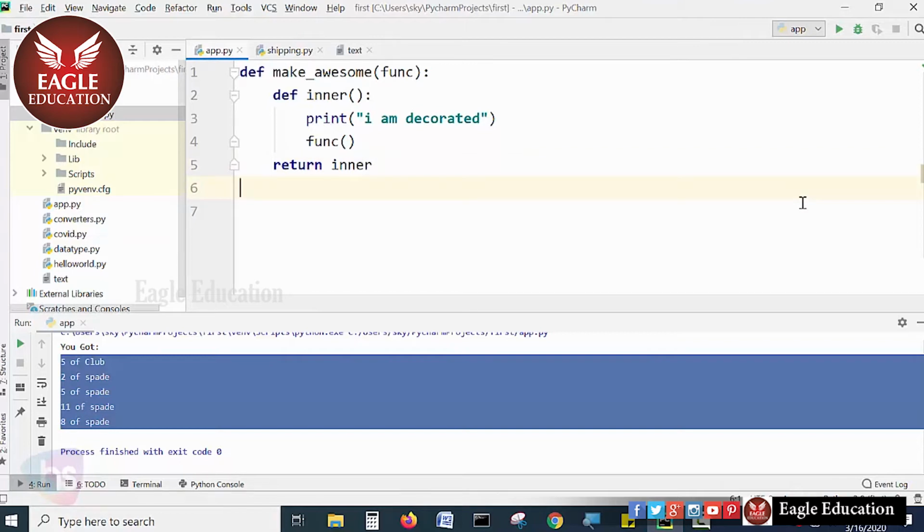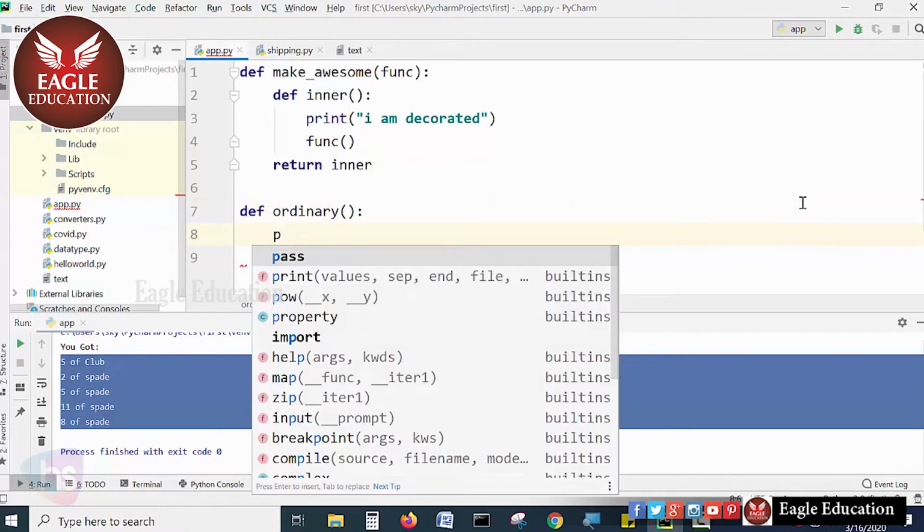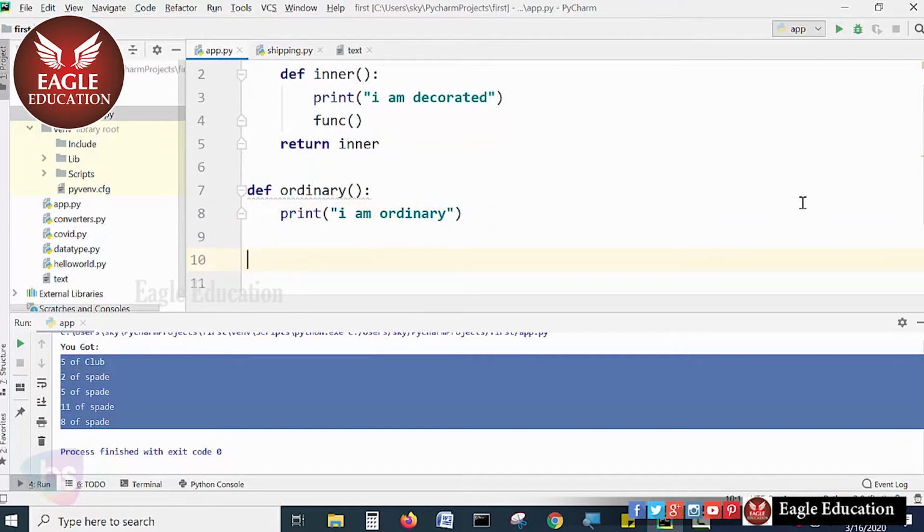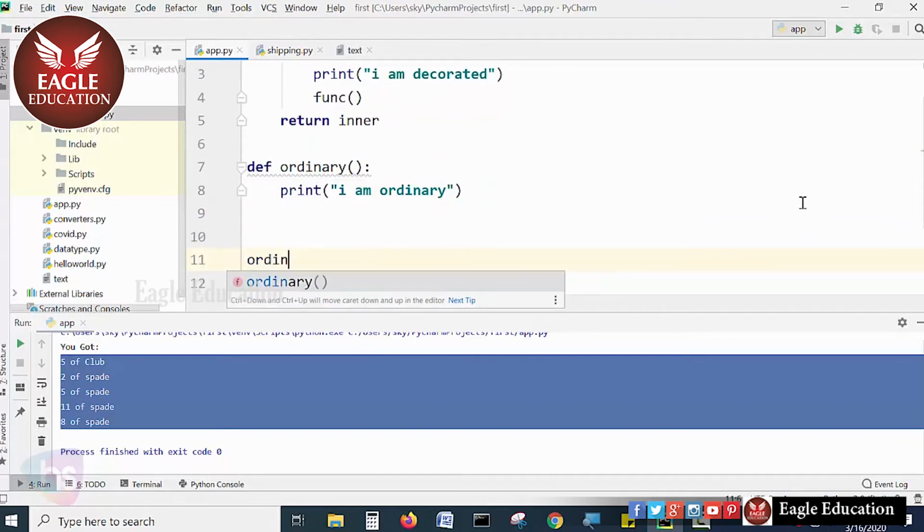As you know, this is how to write the definition of a function. Now one more function, which I call ordinary, I have implemented here, and the statement is print, "I am ordinary." That is, decorated is an ordinary. All right, and now see here, if I call ordinary, it will print straight away